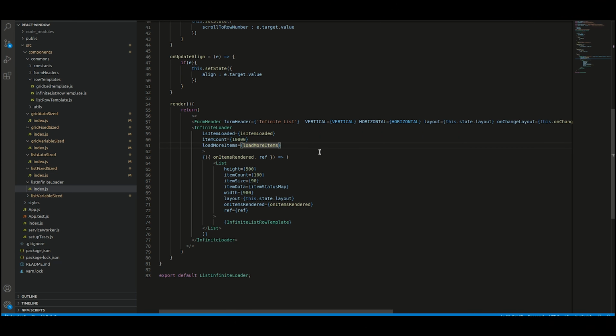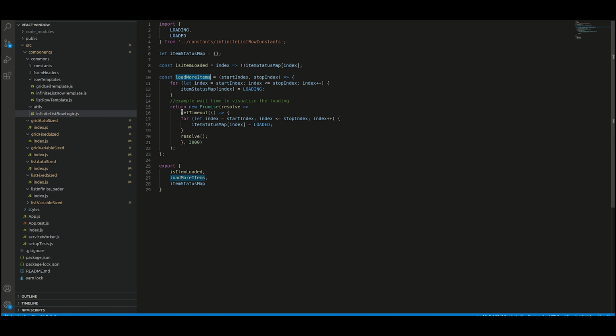Third function is load more items. This function will be used to get more data from backend services, and the start and end indexes to load will be given by the loader into the function via props. The main benefit is you can more focus on the business logic behind the infinite loading rather much focusing on how to implement the infinite loader.